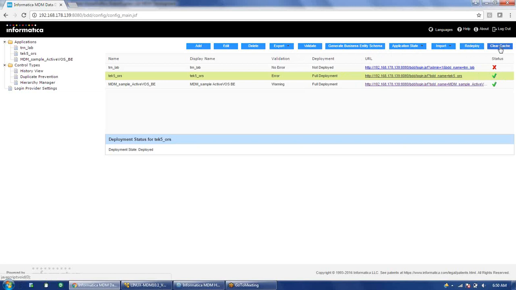So in that case we can just first use this clear cache option so that it clears the IDD cache on the server, and then redeploy so that it will rebuild the cache. So in that case, whatever configuration changes we have done, that will get reflected. Usually it gets reflected, but sometimes because of some cache issue, it doesn't get reflected. So that's why we can just first do a clear cache and then redeploy the application.